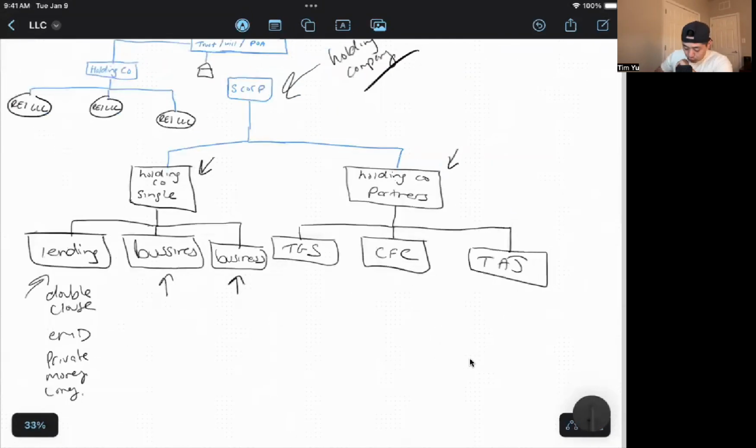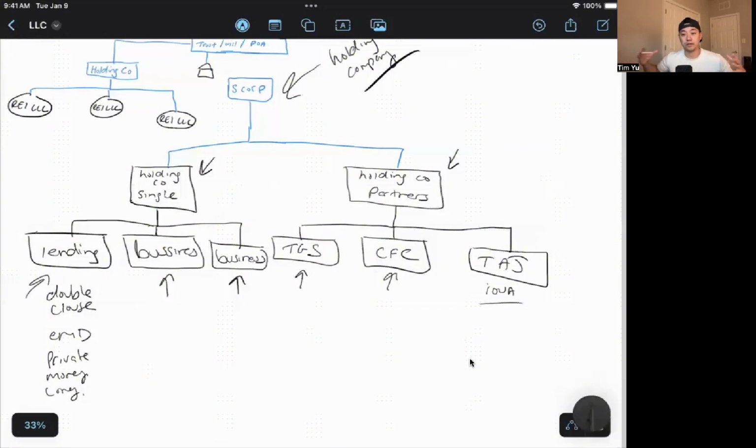And then if you move over to the holding company, so Taj, right? This is my portfolio business that I own with a partner. So this is my Iowa properties. This is other businesses that I own with those same partners. This is an LLC for my real estate coaching program, right? So Cash Flow Closers. This is an LLC that I own with different partners. And then this is my wholesale business that I own with another partner.